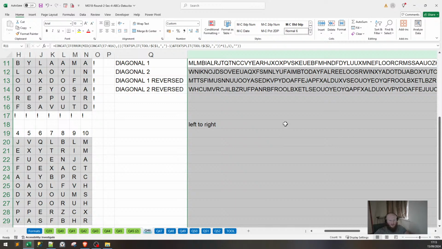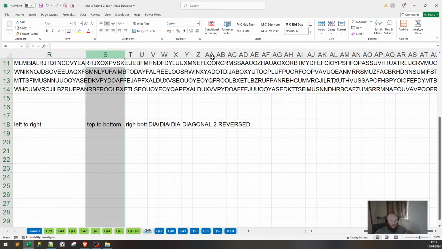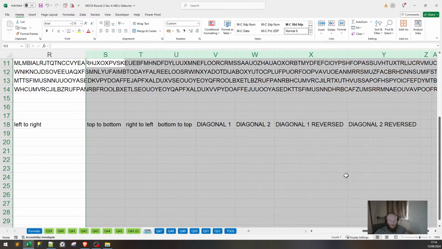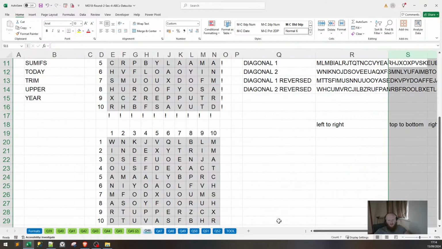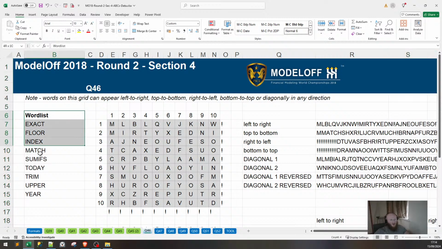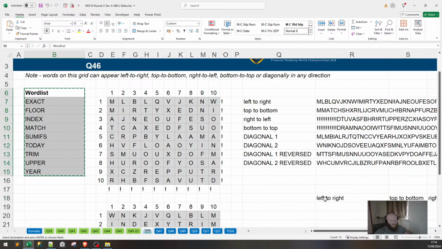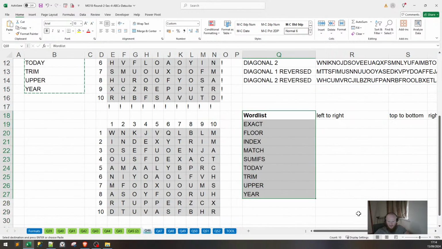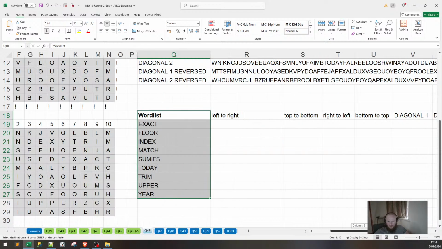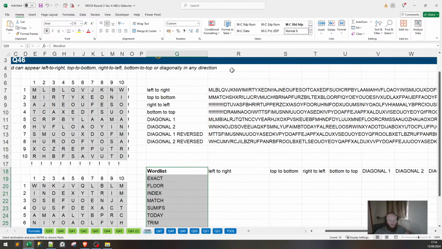Come on. And then the words along the bottom. Nope, the words along the side. Zoom out for a second. I'm just going to do